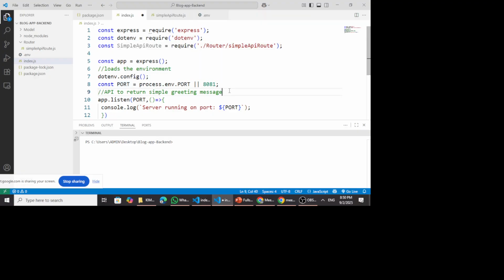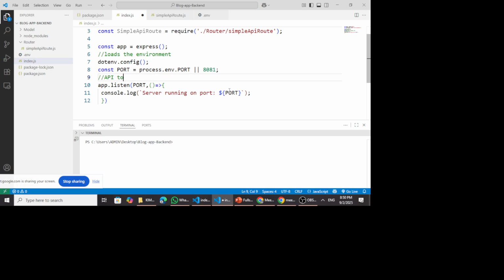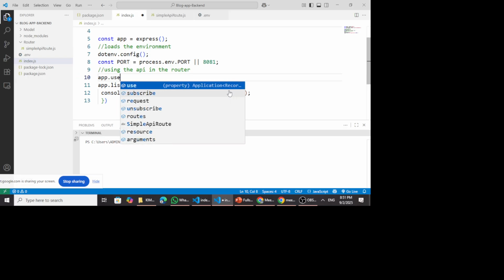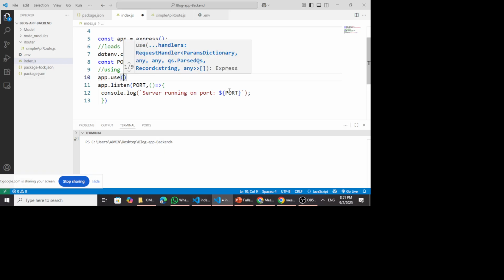You come below, let me remove this comment and write a new comment using the APIs in the router. So we come and say app dot use, then in the bracket we can define an extra path, maybe we say slash API slash v1,